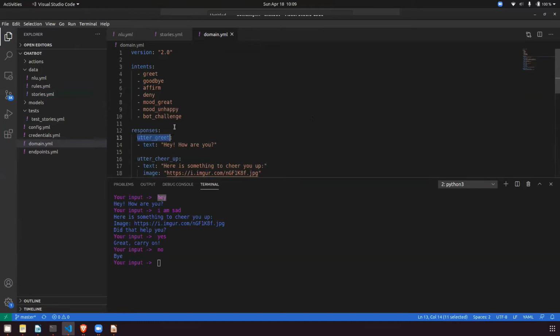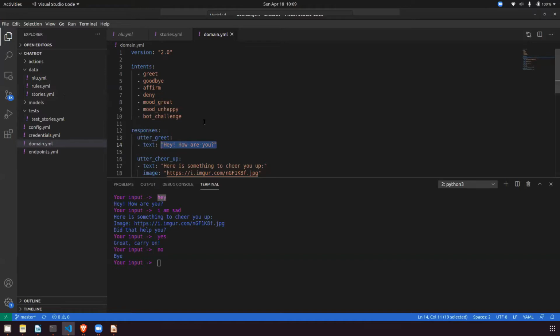Yes. So this is utter_greet. Rasa tries to find utter_greet, and once it is found, it looks at the text: "Hey, how are you?" This is what is responded by the chatbot behind the scene. This is how a follow up is done. Basically, in NLU the intent is matched. After getting the intent, stories.yml gives the response that is matched, and the response is mapped to the domain.yml, and the response is given according to that.